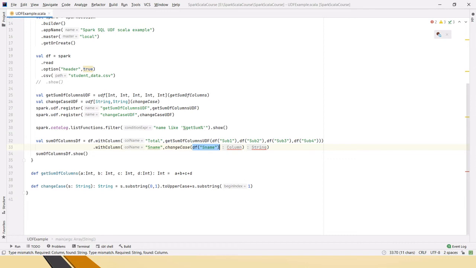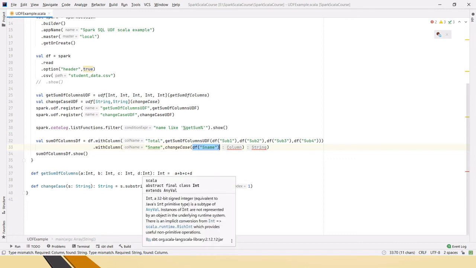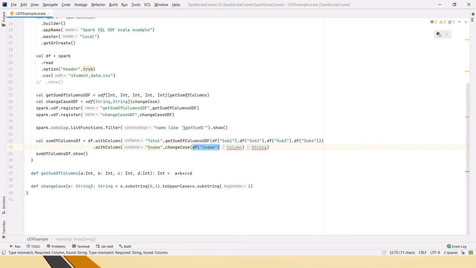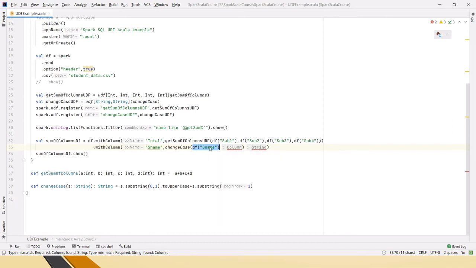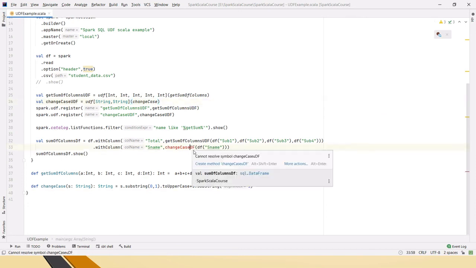We can do it using map or foldLeft, such kind of operations. But directly defining a function and passing these columns, we cannot pass a string. This is a column and it's treated as a string, so it will throw this exception. Because of that, we register this as a UDF. This is a feature available in Spark SQL.